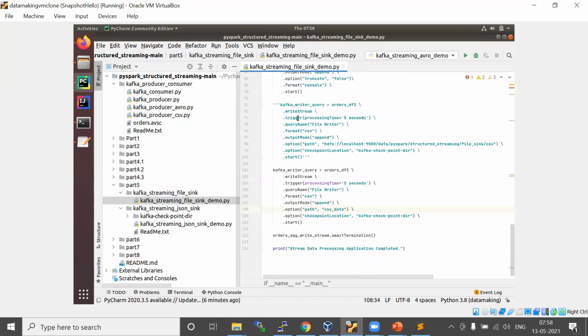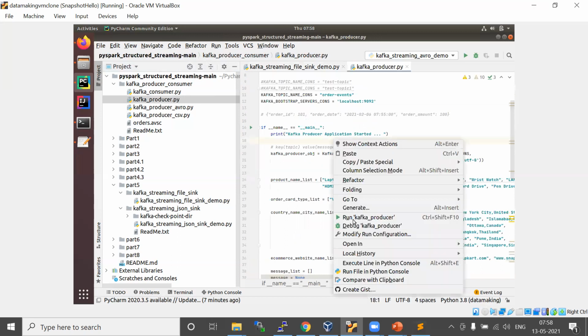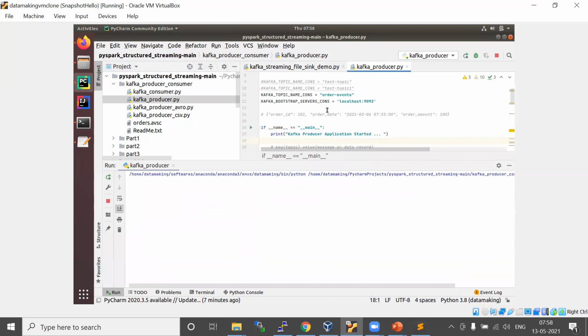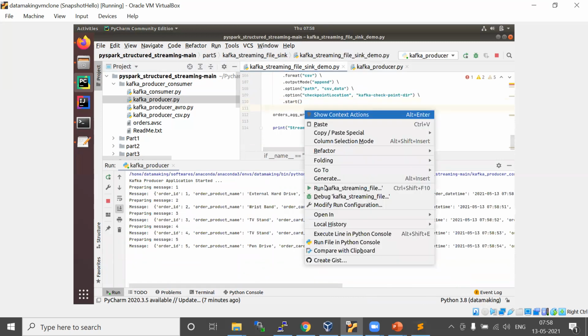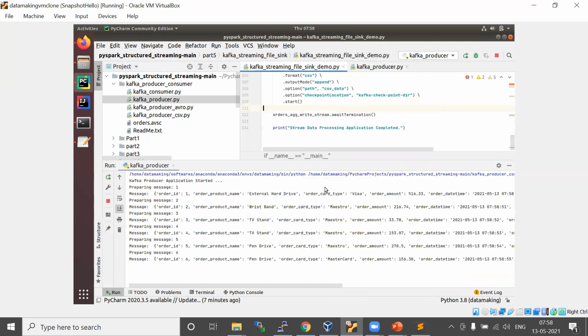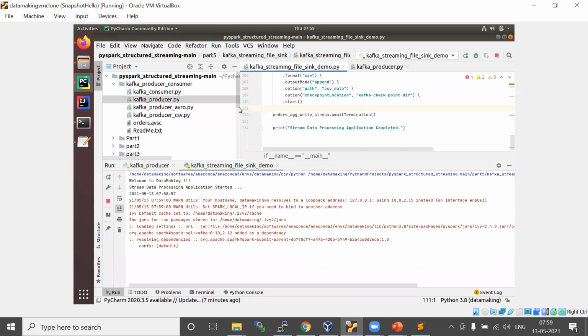The final data frame, which is the flattened data, I want to write into the file. That's it. For this, I need to run this Kafka producer, which sends in JSON format. I run this, and also I will run this. So it is going to create the data.